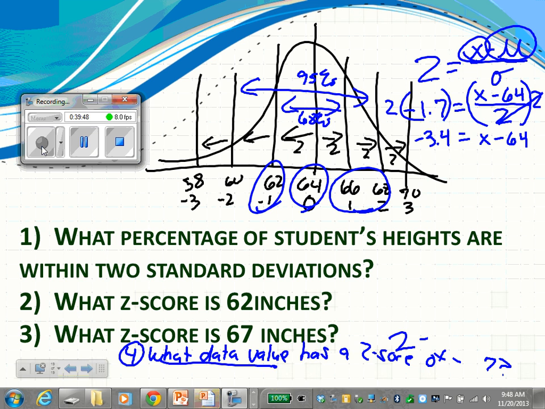How do I solve for x? If I'm subtracting 64, I can just move it and add 64. So when I add 64 to both sides, I come out with 60.6. Does it make sense that it's in between there? Does it make sense that it's closer to 60 than 62? Why? Because negative 1.7 is closer to 2, so it's going to be closer to this side anyway. So it would be 60.6. Okay? Questions? All right, so let's take a look